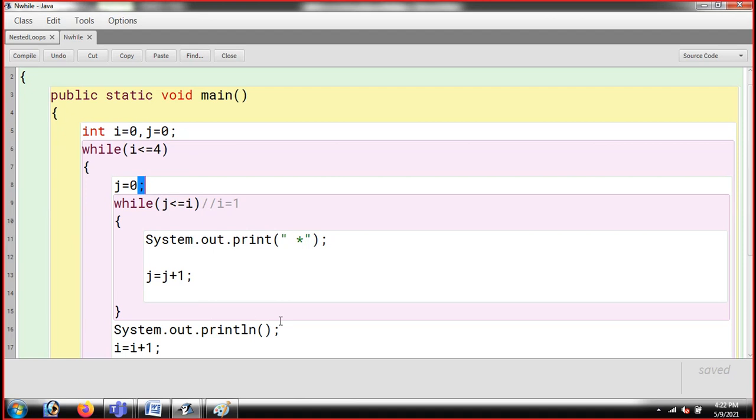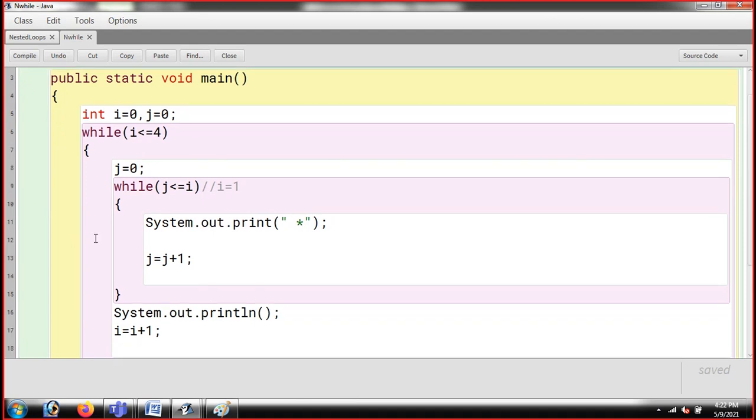When you come out from the loop, again your line will be changed. Your i will be increased. Your i is 2 right now. 2 is lesser than 4. Yes, the condition is true. j is again starting from 0. So 0, 1, 2, 3 stars you will be getting. You jump out from the inner loop, you come out to the outer loop, you increase the value of i. So the value of i will be going like 0, 1, 2, 3, 4. But j always starts from 0, and it follows i.